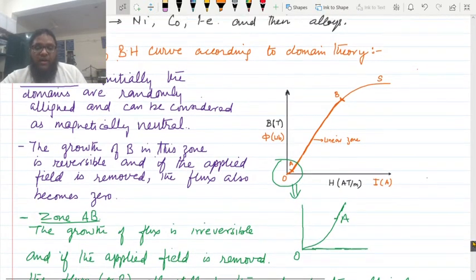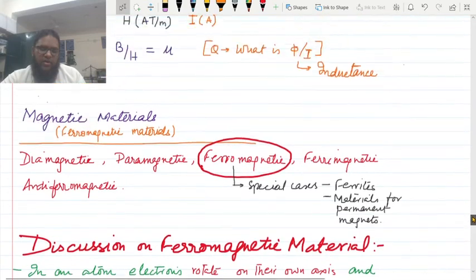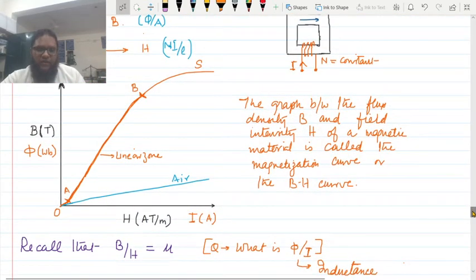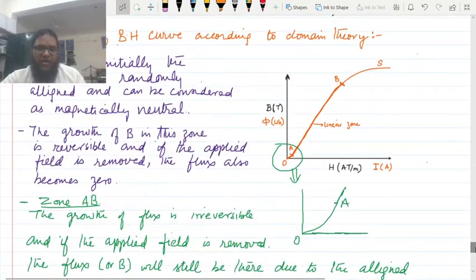Now coming back, because we have discussed the ferromagnetic material, how they behave, and how their domains are aligning with the increase in flux or flux density, or magnetic field, from the outside. So how can this behavior be related to our discussion? I have copied this graph over here.